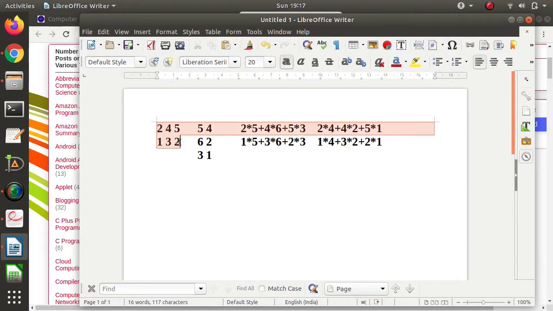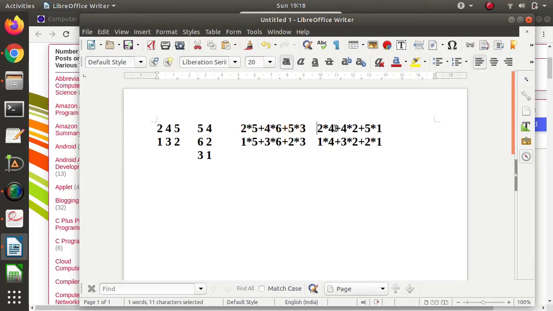This is the first matrix and this is the other matrix. So it has size 2 into 3 while it has size 3 into 2, and that is the resultant matrix. Now see how values are computed: 2 into 5 plus 4 into 6 plus 5 into 3. So here we got the first value.